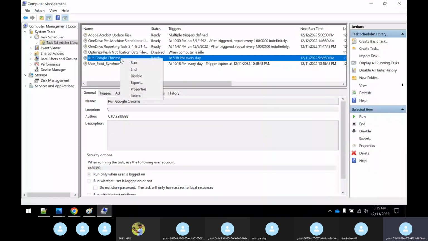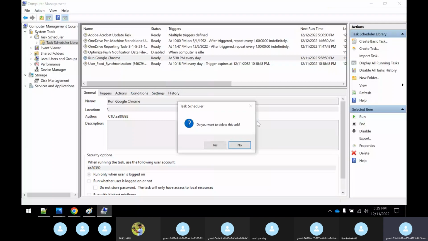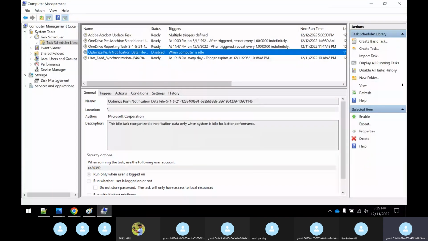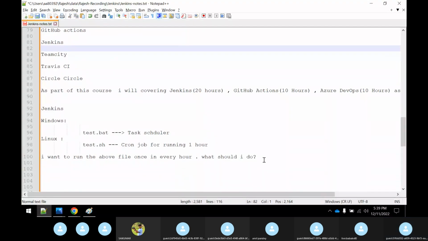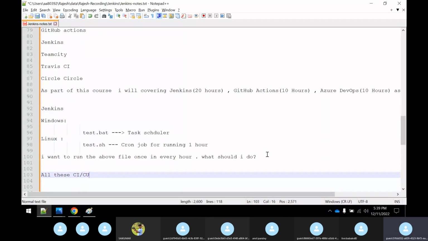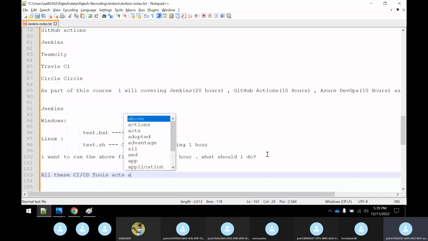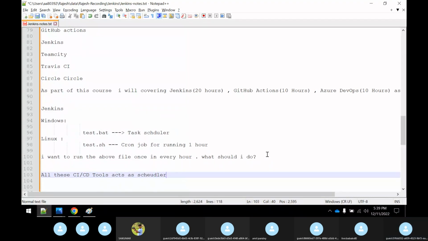So let me do one thing. Let me delete this. I don't want this job now. I just deleted this. So now, guys, what I'm trying to say is that all these CI or CD tools act like a scheduler, a job scheduler or task scheduler. Even Jenkins is also a task scheduler only, right? So what I would say basically, guys,